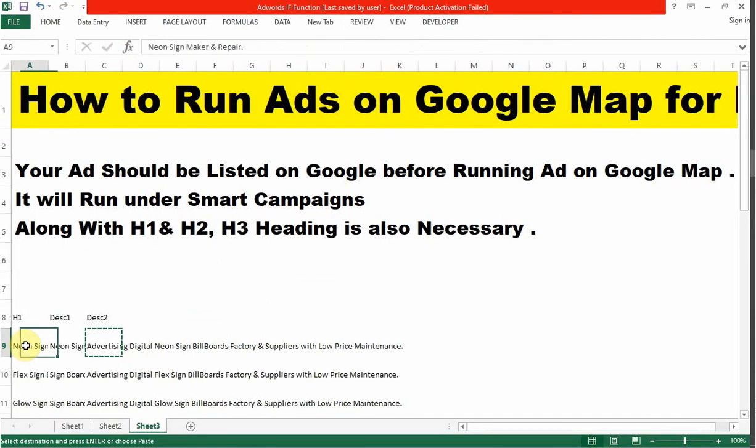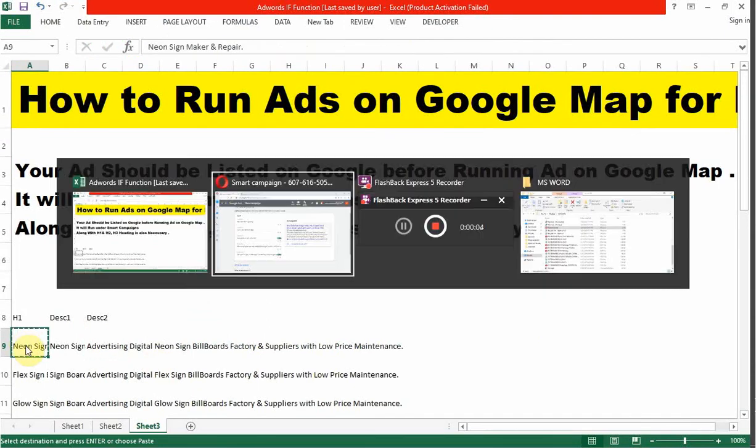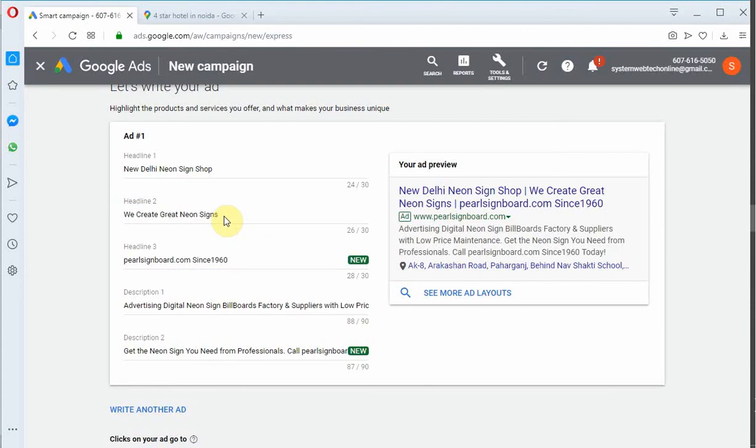And this is the heading which we already created. Let's prepare at low cost.